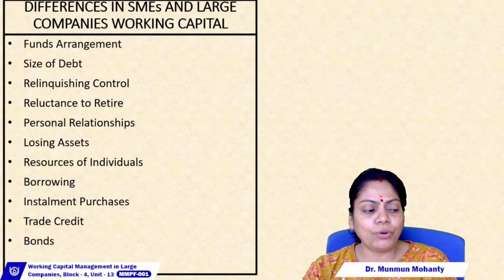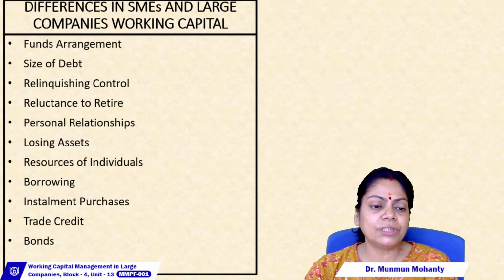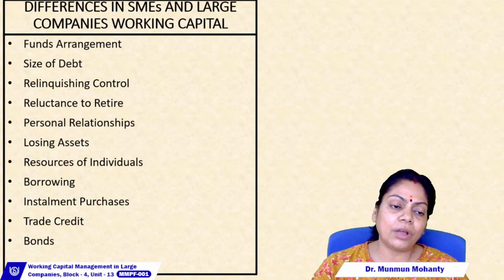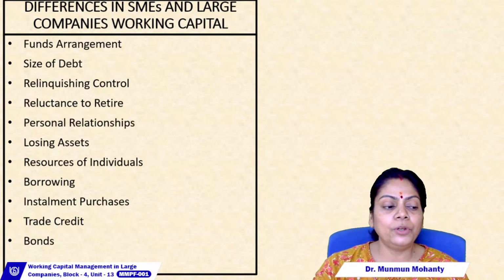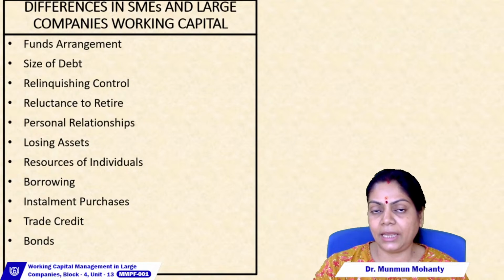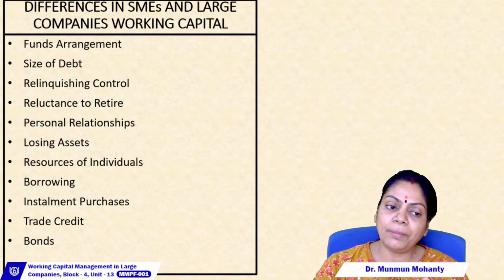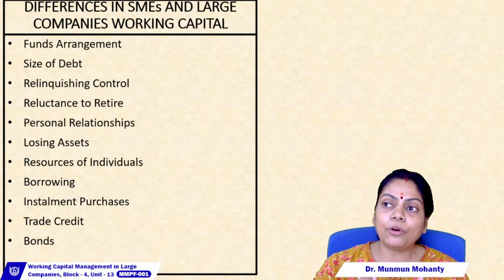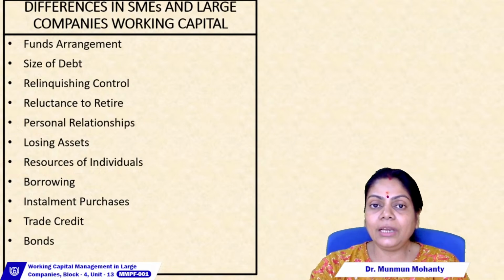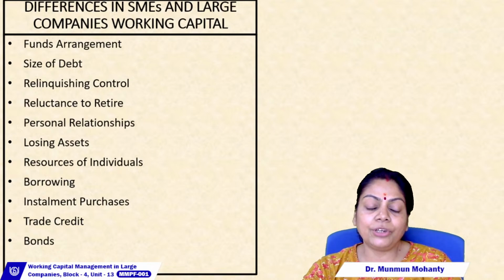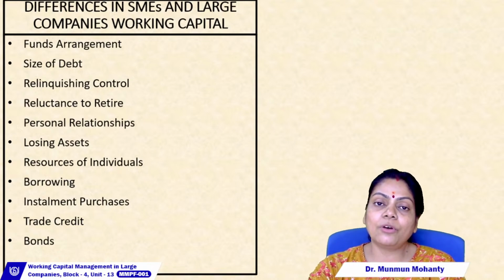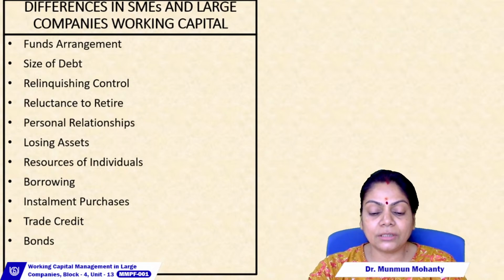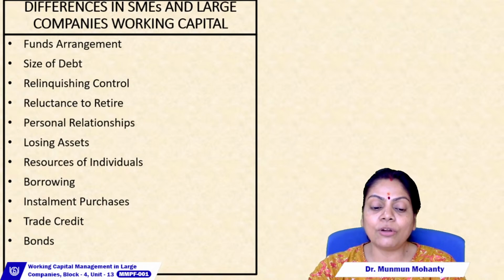Similarly, when you talk about borrowing, we know the consequences of borrowing. If you go for a big loan, then you take upon yourself the contractual obligations that are there, which will lead to your installment payments. Likewise, SMEs steer clear of bank borrowings, because that comes with contractual obligations. And many times these companies end up in installment purchases.